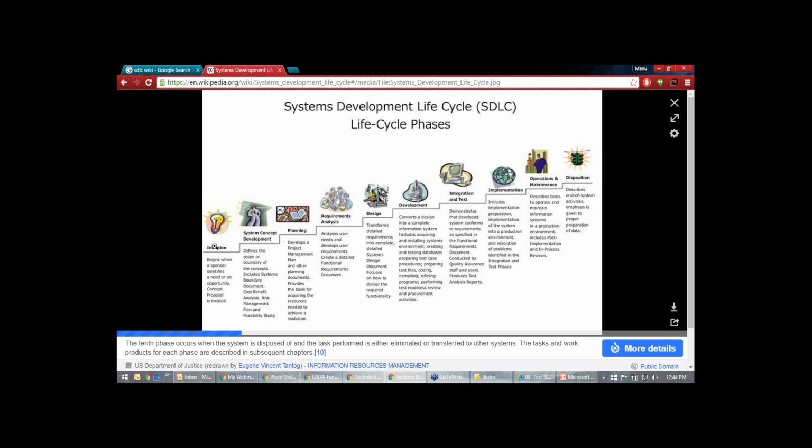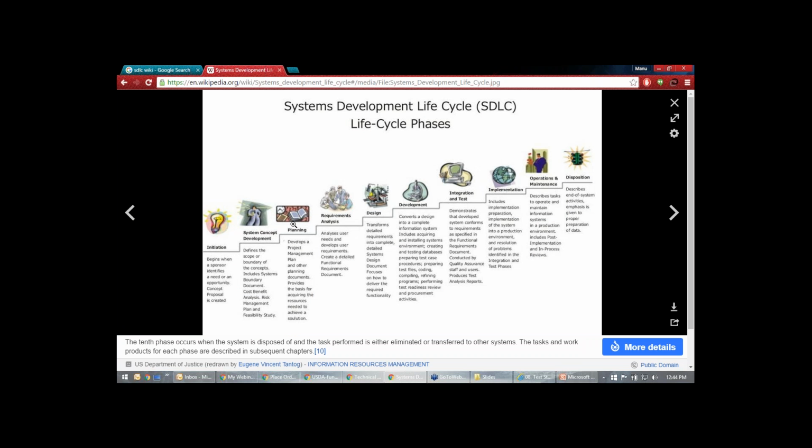Can you see that? Initiation, system concept, planning, requirements, design, development, integration, testing, implementation, operation and maintenance, disposal. How many? 10 phases. But I don't want to go into more detail.